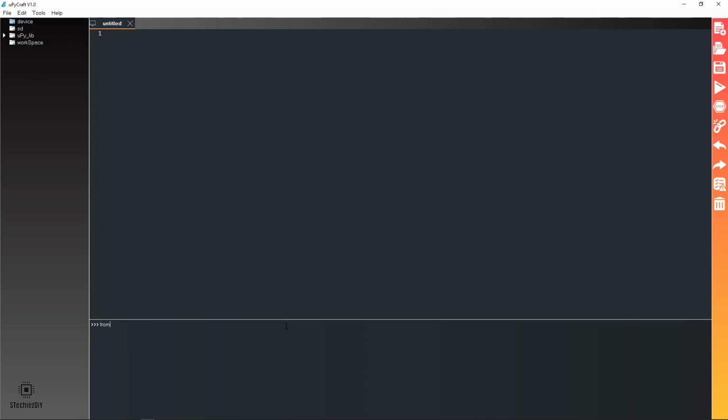There is a user LED given on the Pico board. We'll turn on that LED and we'll turn off that LED from here. So let's import the pin from machine. And let's set the pin mode to the output.